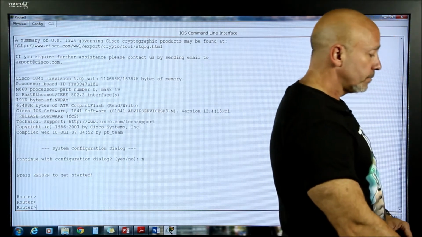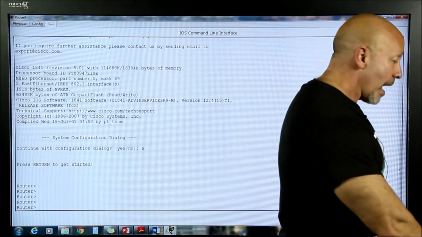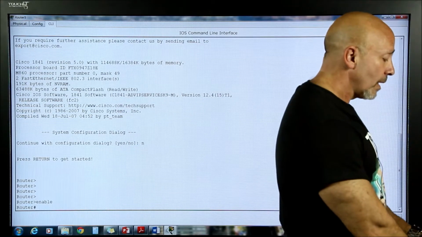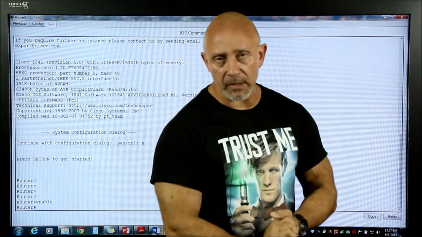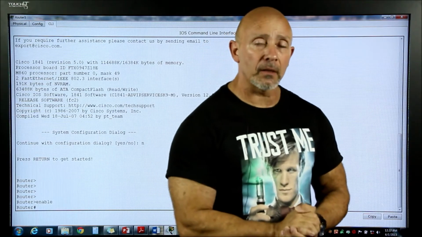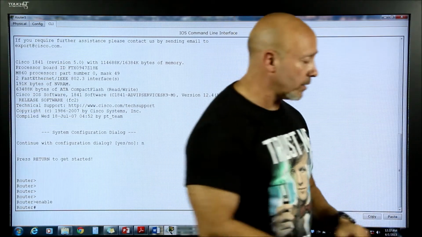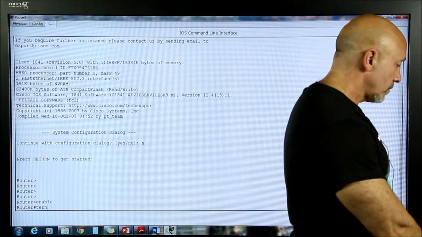Enter. Now we're in user mode. How do we get to privilege mode? We type enable. We need to configure. Well, the first thing I said we're going to configure is the terminal history size, and we're going to configure the clock, right? So terminal